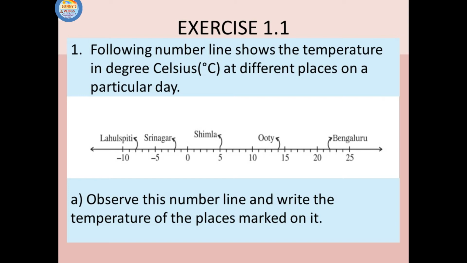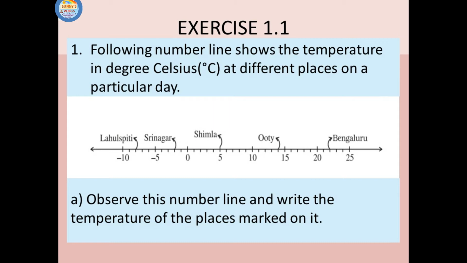Then what about the temperature of Srinagar? Here on the number line to the left side of the 0, this is the second mark. So the temperature of Srinagar is -2 degree Celsius. Then temperature of Shimla, that is here